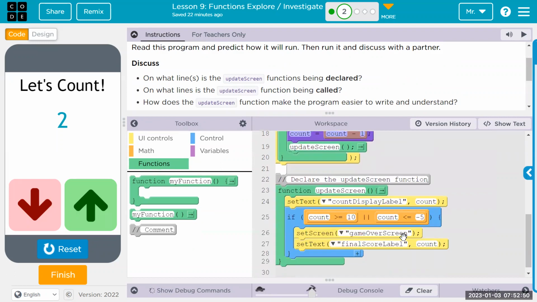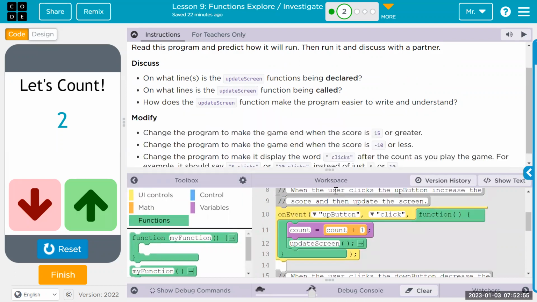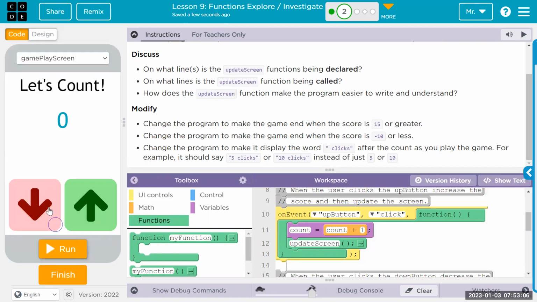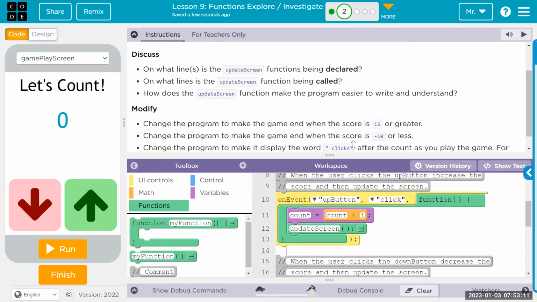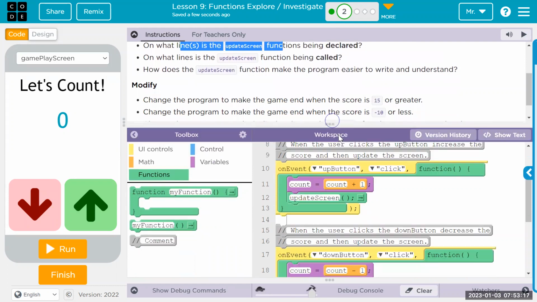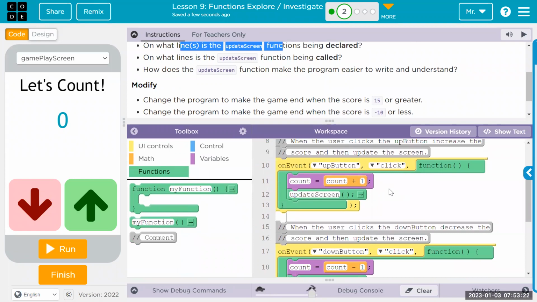And then we have a function called update screen. This update screen will be a common situation the rest of the way. Just like anytime you have a lot of code that happens repeatedly, it's useful to put it in a function, just build yourself a tool set. So update screen is called after the variables update. That's something we talked about before with variables, where you update the variables and then use those updated variables to